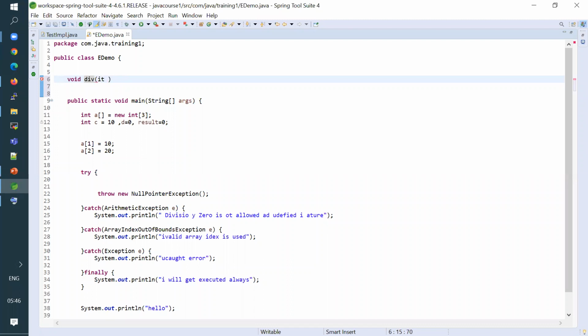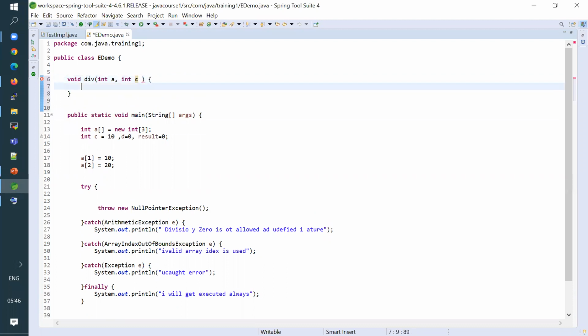I am just creating one method like this, div, with int a comma int b.